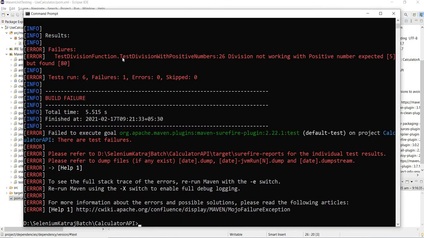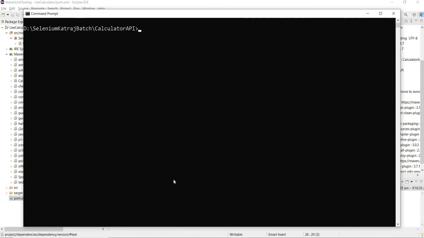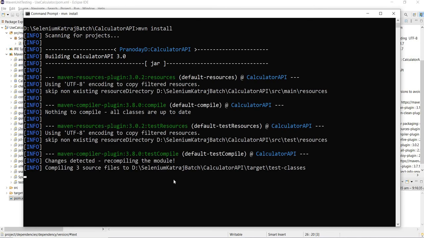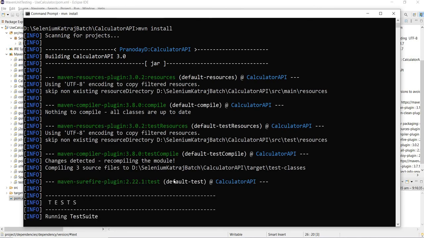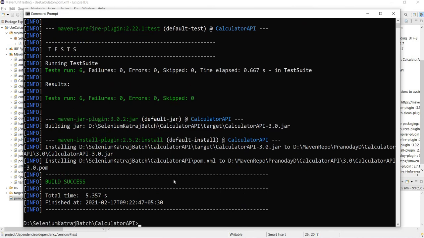This is how it happens. If your unit testing fails, then Maven doesn't go with the packaging phase and releasing phase. That's the main point, right? So the developer gets to know that due to his changes, something is breaking. He has to go there, debug, fix, and then go with the release. With every change, with every release, you will get your new functionality tested along with the regression.